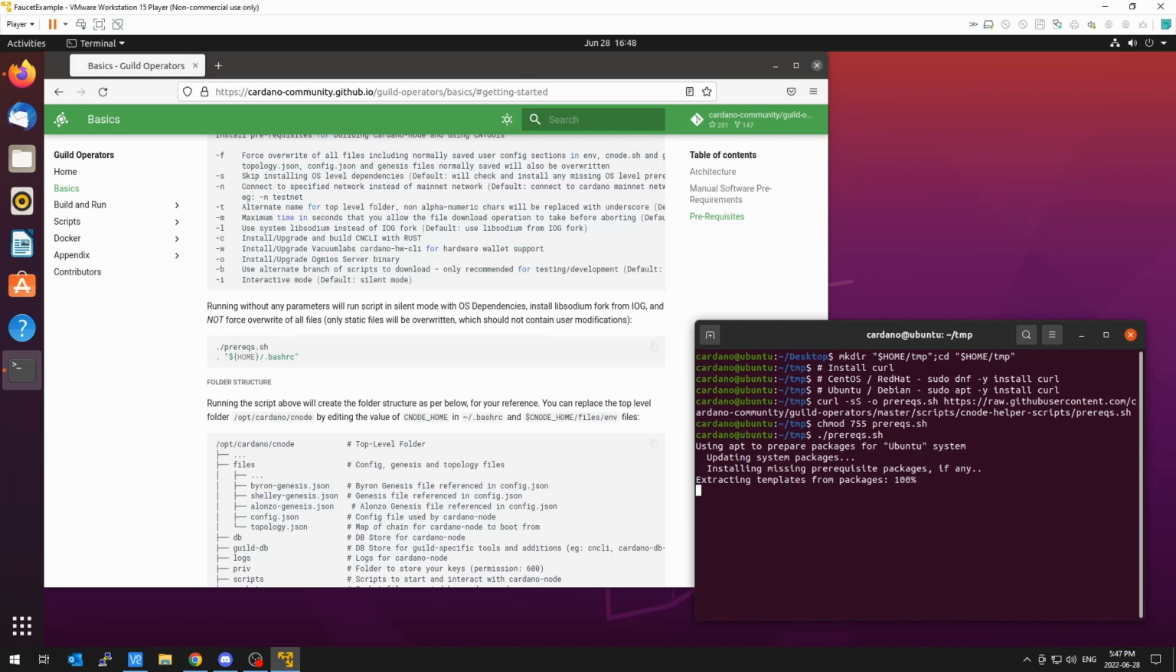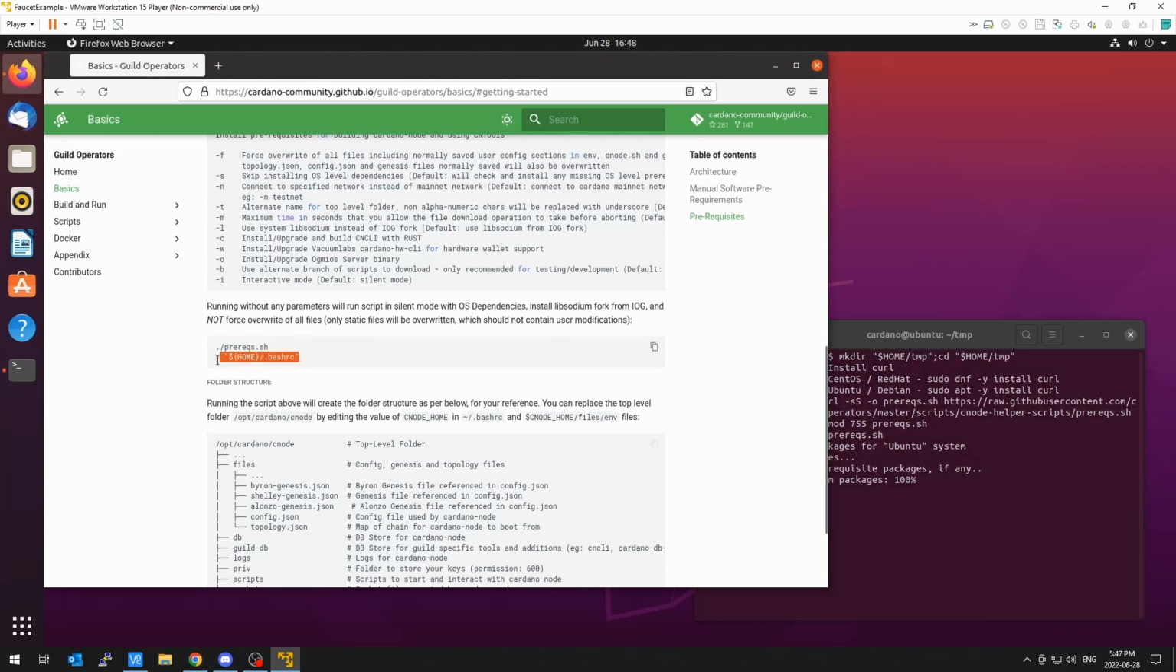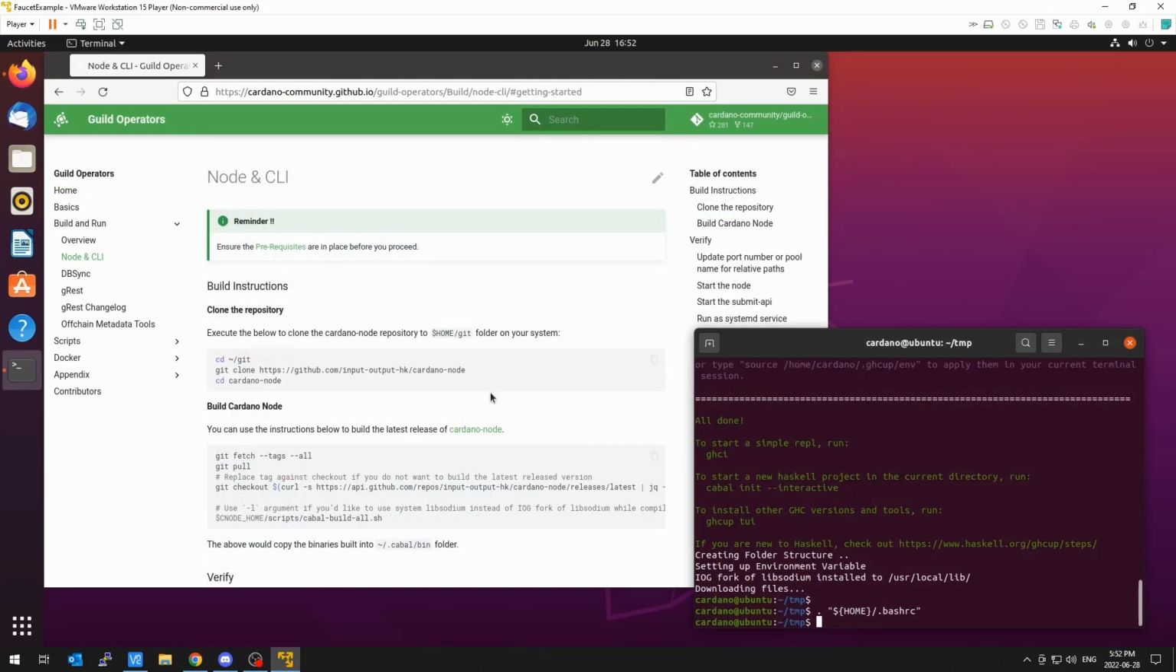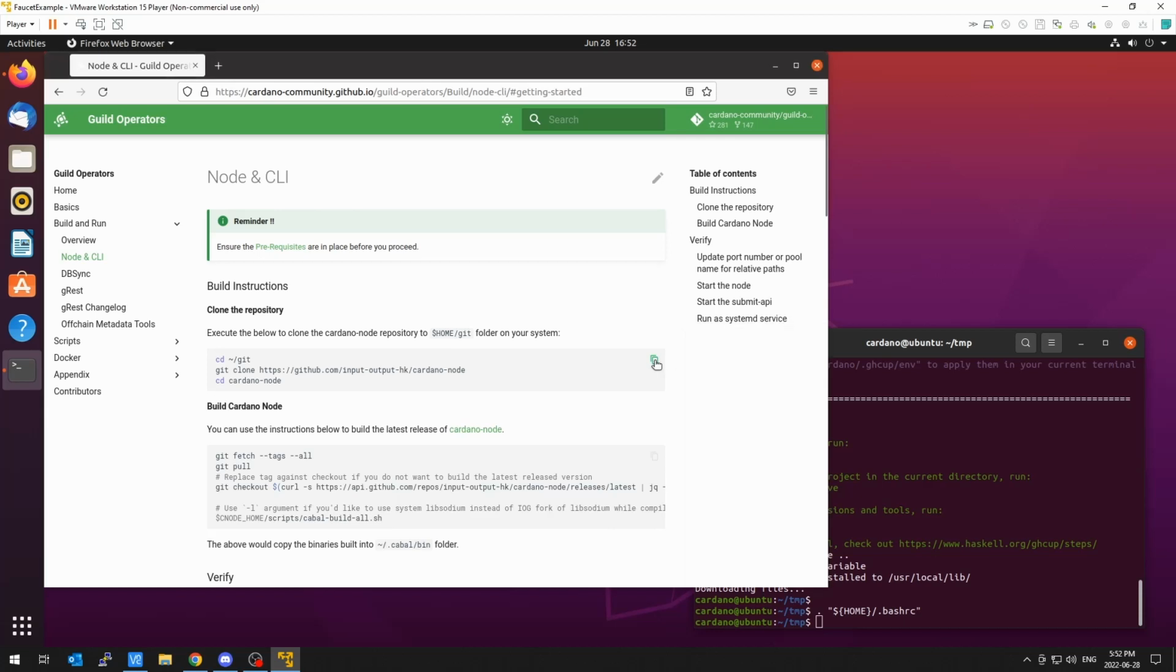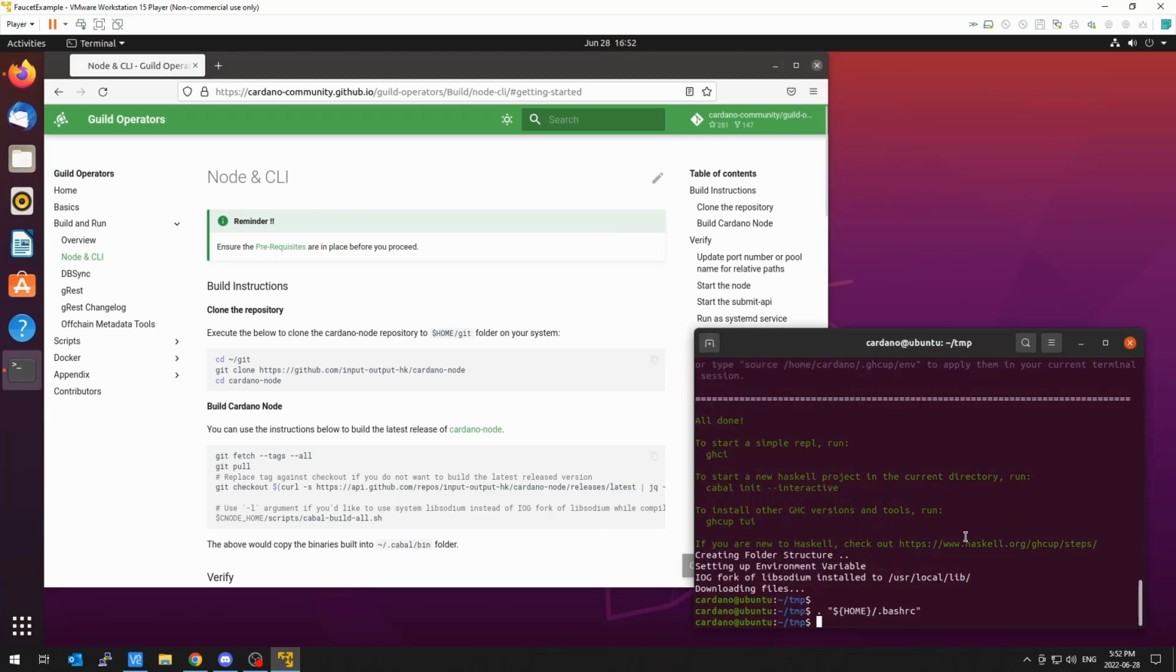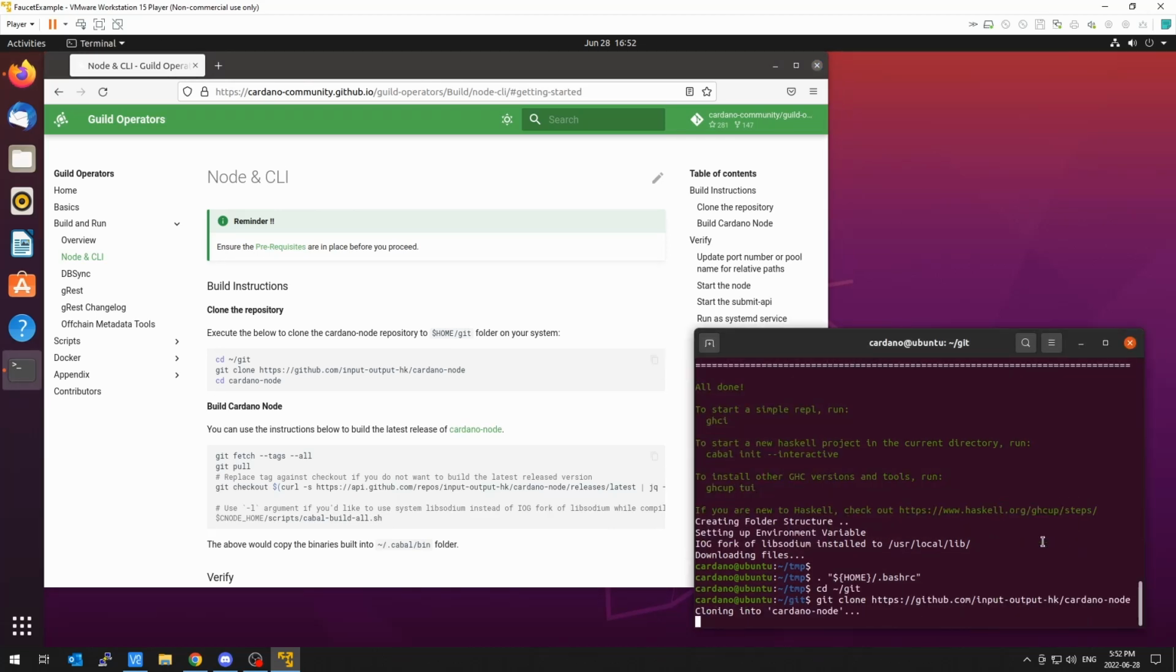Just general things it needs to complete everything properly. And yeah, the next step after this is we've got to do this whole amazing line right here. Alright, here we go. Bash RC. Alright, so now we'll copy this and we are going to